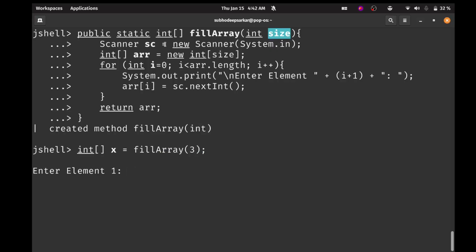So the moment I say fillArray 3, 3 goes inside this size. Okay, it is creating a new scanner object. It is creating an array of size 3, and now it is starting a loop from 0 till 1 less than the array length, and every single time it is printing enter element, whatever the value of i is. 0 plus 1 gives you 1, 1 plus 1 gives you 2, and then 2 plus 1 gives you 3. Okay, and it is taking the user input. Say I am giving 300,